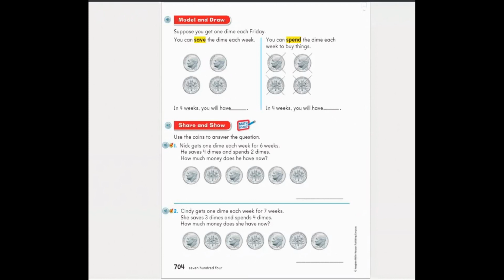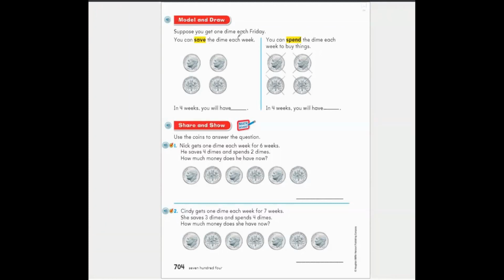Hoy vamos a continuar y vamos a aprender también lo que quiere decir spending, que es el dinero que tú gastas. Entonces nosotros aquí podemos ver, vamos a empezar a hacer esto en inglés. Esto es la página 703 de tu libro Texas Go Math, volume number 2. So we have here,